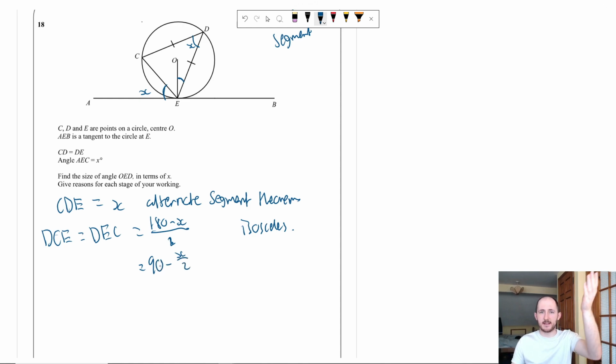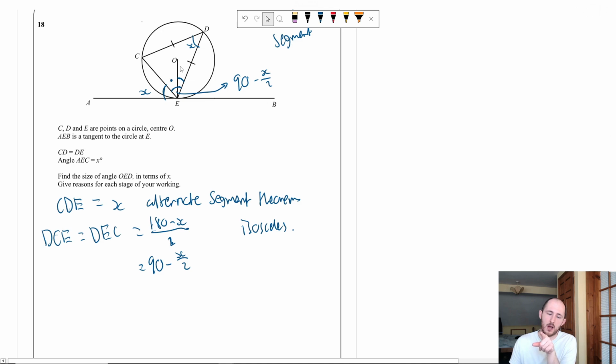Again, we're doing the same steps that I did in the previous question, except instead of having actual numbers, we have x, which is fine. So this total angle here is 90 minus x over 2, which means COE, this is quite an important thing. So the way we're going to work this out is, if this total angle here is 90 minus x over 2, if I work out what the angle CEO is, I can just do 90 minus x over 2 minus whatever this is. So CEO